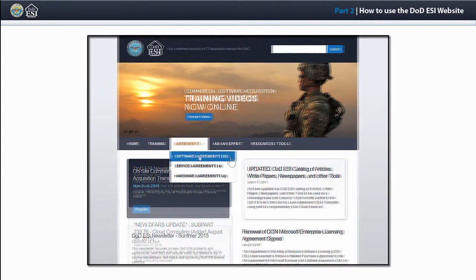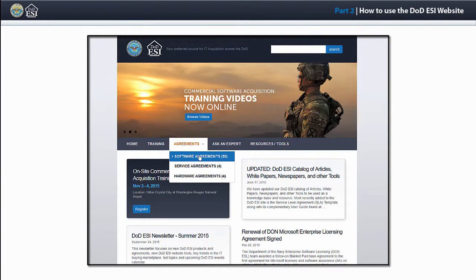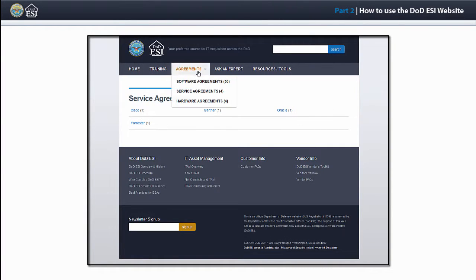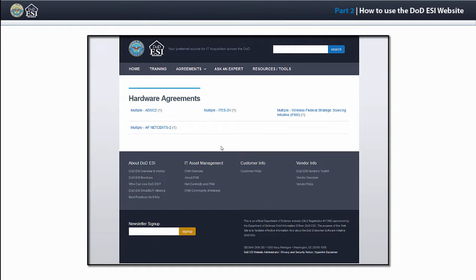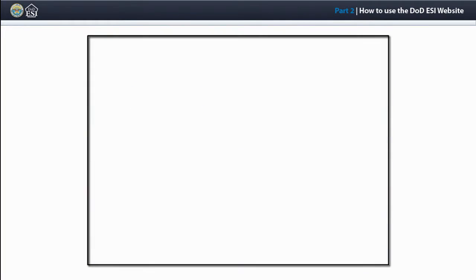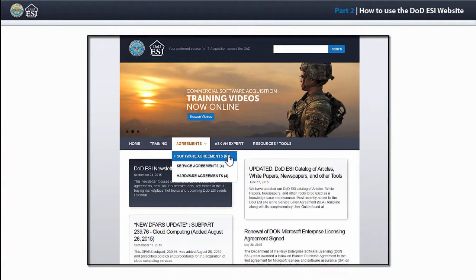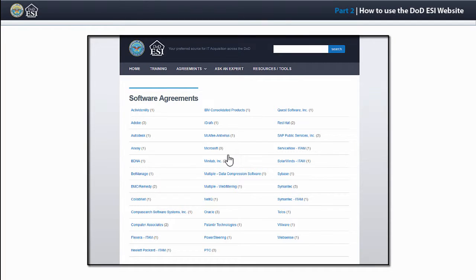For example, selecting Software Agreements will display a list of the publisher's names. Selecting Service Agreements will display a list of service providers, and selecting Hardware Agreements will result in a listing of hardware vehicles. For the purposes of this tutorial, we will walk through the step-by-step process to access a Microsoft software agreement as our example. By clicking on Microsoft on the Software Agreements page, you can access a list of available